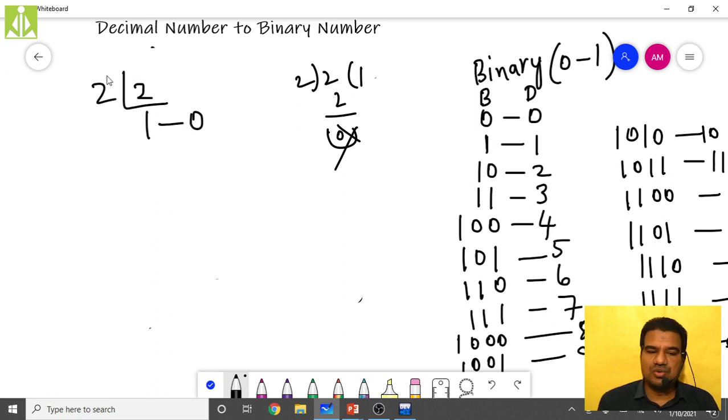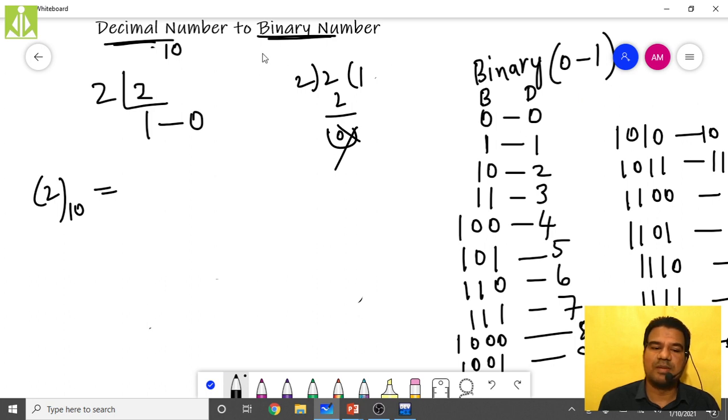So this 2 is in decimal format, and how can we convert this 2 into binary? Generally, when we are doing problems in multiple number systems, we have to indicate the base value. So for decimal numbers, what is the base value? How many digits we have over there, that will become the base value. How many digits do we have in the decimal number system? We have 10. So the base value of the decimal number system is 10. Same thing, binary number system. What is the base value? How many digits do we have in binary? Only 2, 0 and 1.